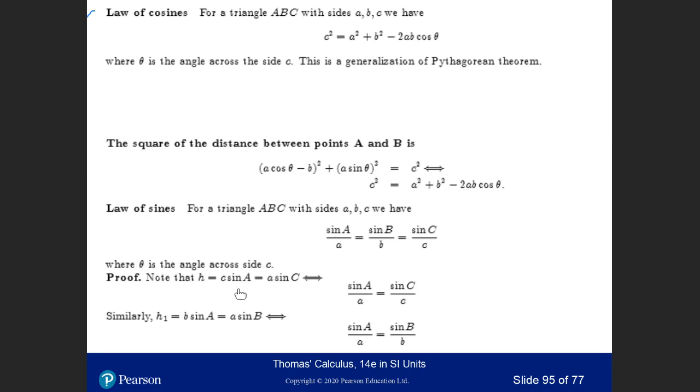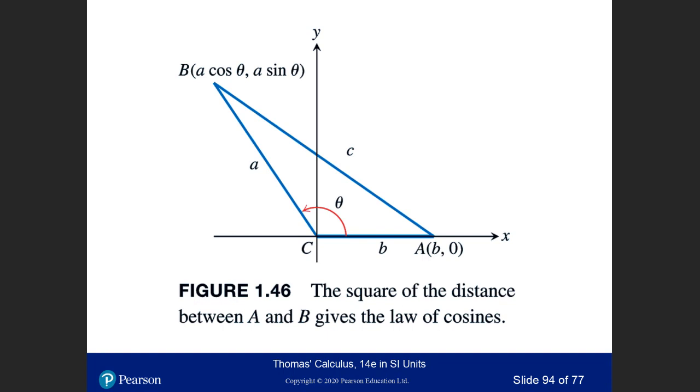H is equal to c sine A. Let's go back to the figure, where H is the vertical distance from B to the axis. That's H, and that's equal to actually a times sine C. a is the hypotenuse for this right triangle here, and C is the angle here, so